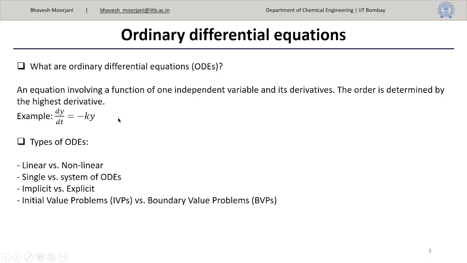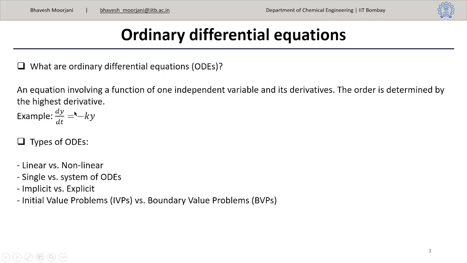And in this ordinary differential equation, the order will be determined based on the highest derivative order, right? So this is a first order ordinary differential equation because you have only a first order derivative, right? If it would have been d square y by dt square, then it becomes the second order. Now, in this ordinary differential equation also, there are multiple types that you can count, linear versus non-linear, that will